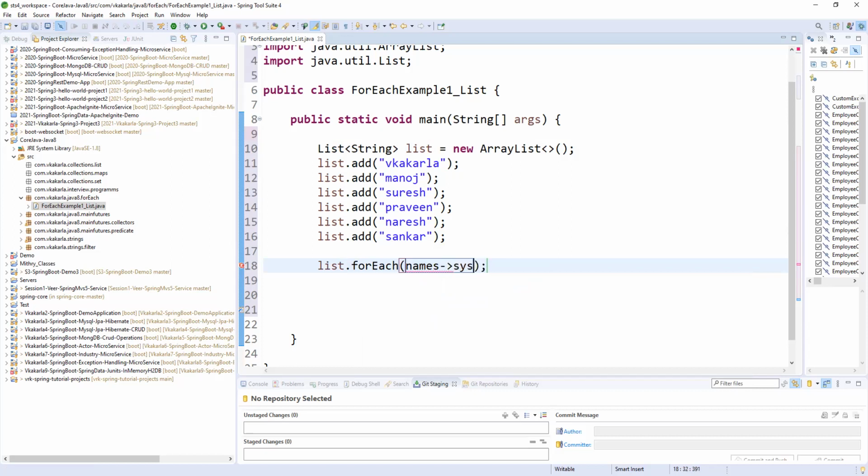System.out.println of names. So simply it will print, using a lambda expression.